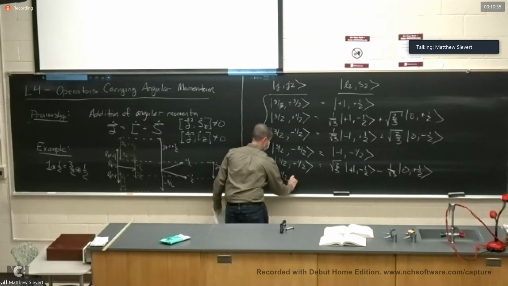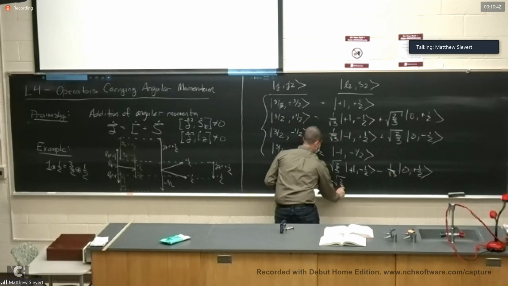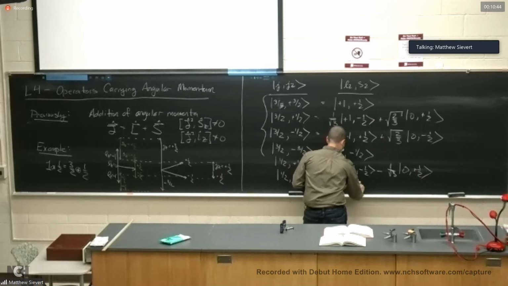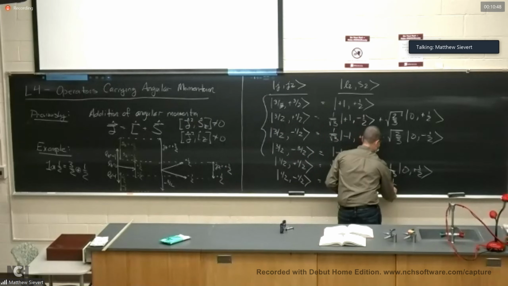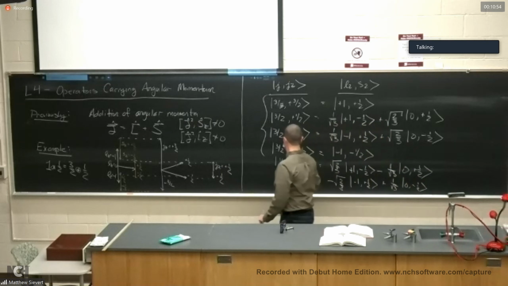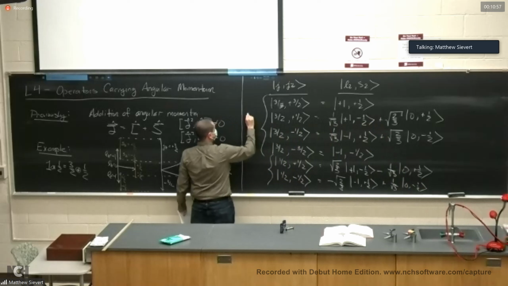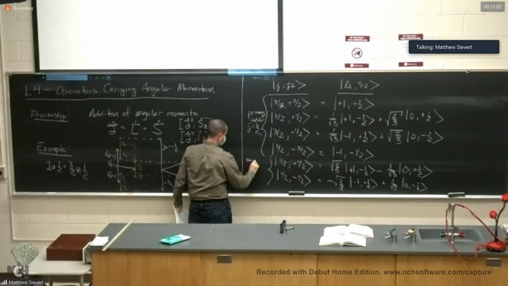And 1/2 minus 1/2 was given by -√2/3 minus 1 plus 1/2 plus 1/√3 0 minus 1/2. So this was the primary ladder, J equals 3/2. This was the secondary ladder,